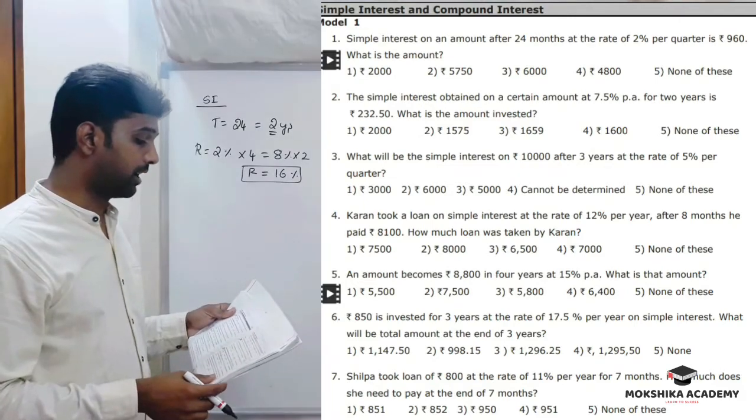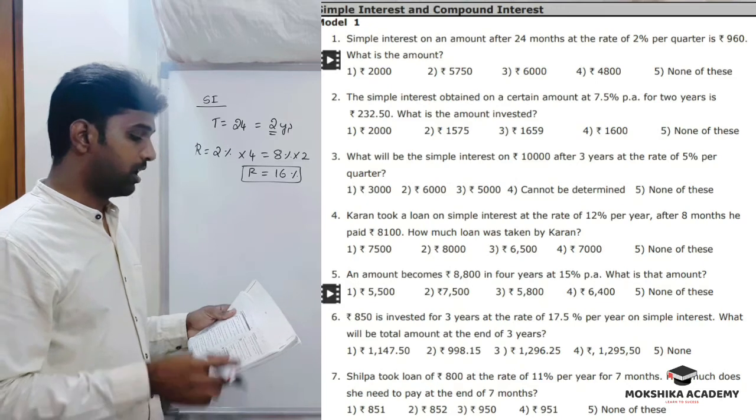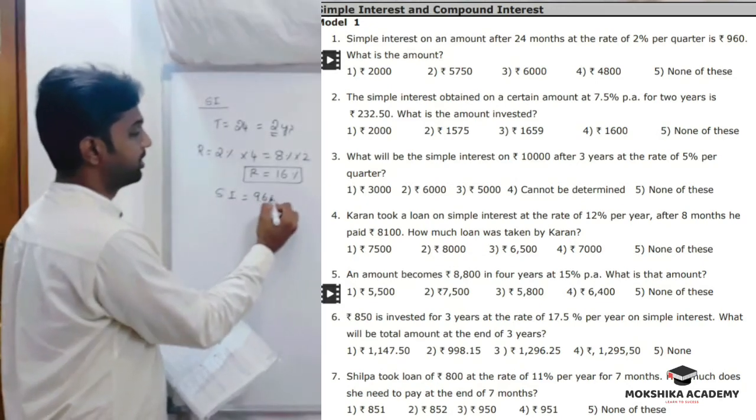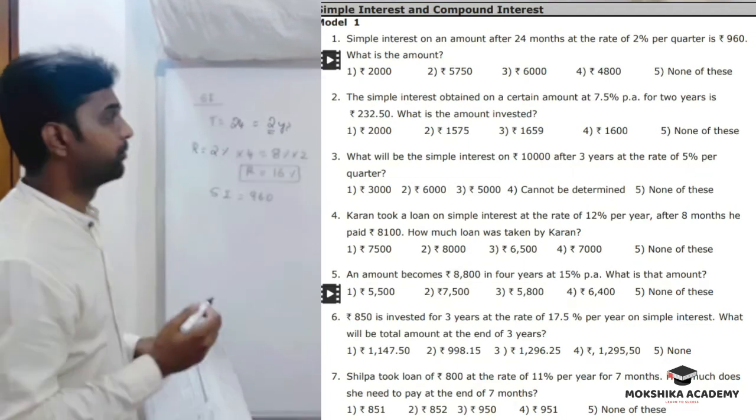Time is 2 years, rate is 16%. Now what do you need to calculate? What is the amount? And simple interest is given. Simple interest is equal to how much? 960. You always remember student,